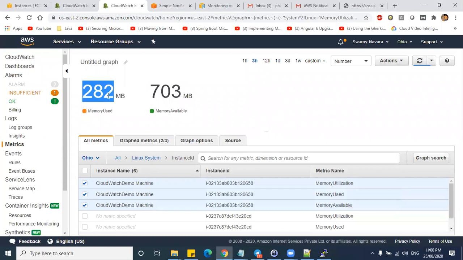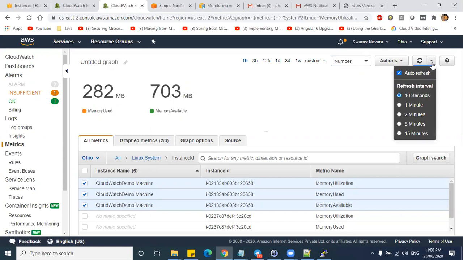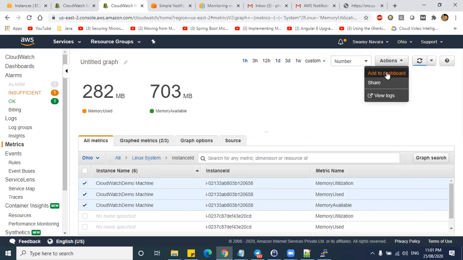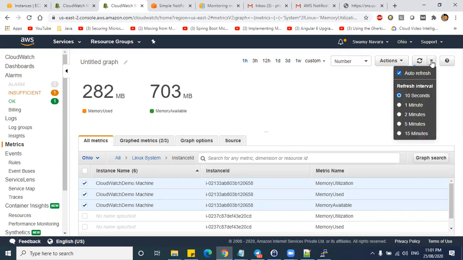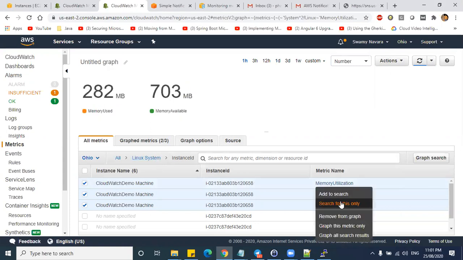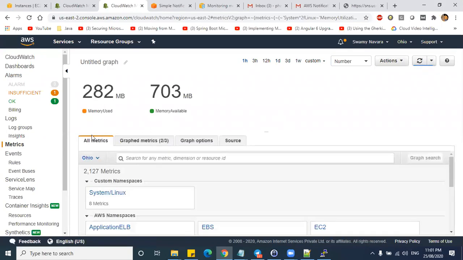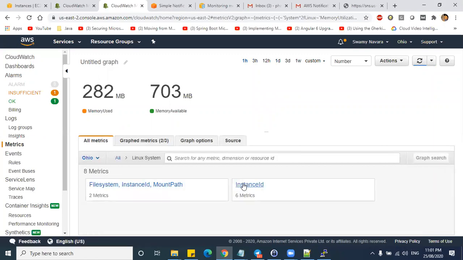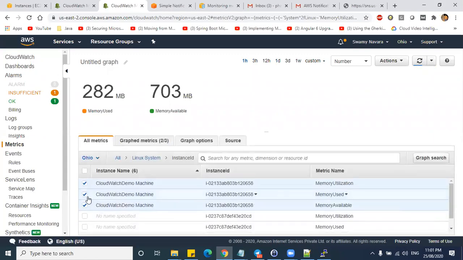Now you can check the memory utilization here. So I can check in terms of 1 hour, and yes, percentage also will be there. So you're trying to get the memory utilization as well, is it?